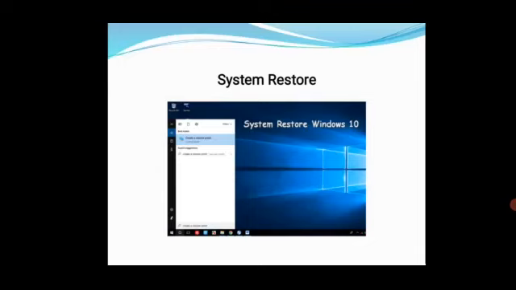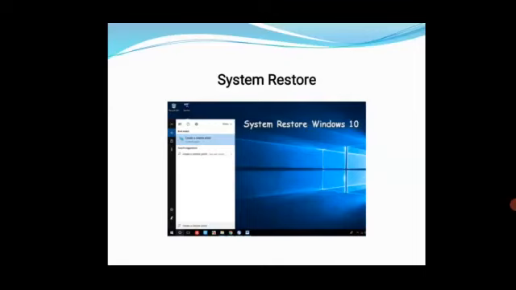Having any idea about system restore? See students, here the concept is restore point. If you create a restore point in your system, it helps you to bring your computer to a previous state without losing any personal data files.